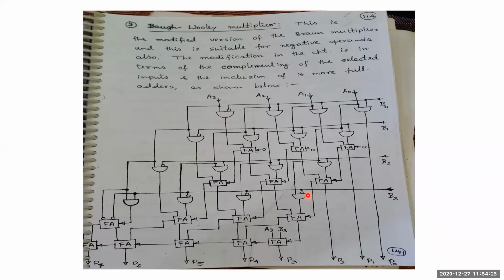How do you do negative binary multiplication? Can anyone tell me how a negative binary multiplication can be done? If I need to multiply 5 into -7 in binary numbers, my answer has to be -35. Can anyone tell me how you do that? Binary multiplication with a negative number. Sign bit will be 1, sir. Sorry? Sign bit will be 1. Okay, fine, good. Next.